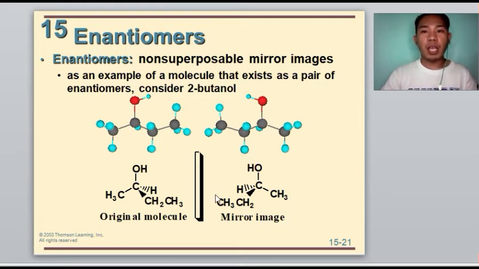So if we can move the mirror image in space and find that it fits over the original molecule, so that every bond, atom, and detail of the mirror image will match exactly the bonds, the atoms, and details of the original, then the two are said to be